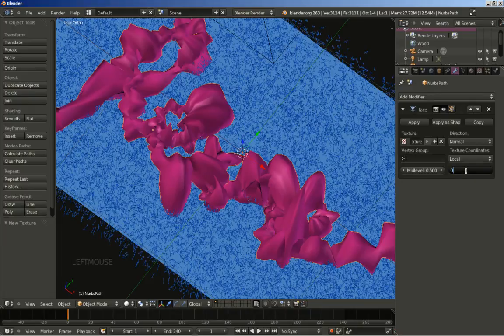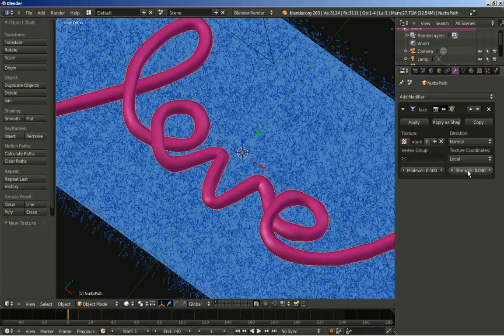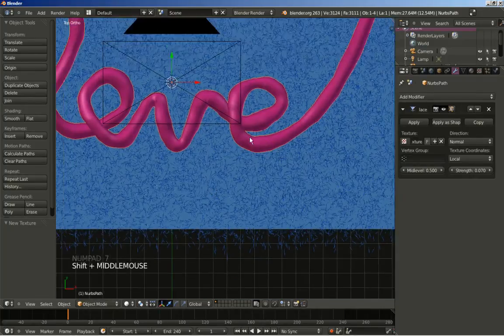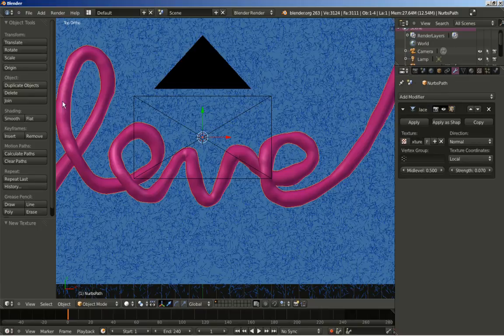I'll change it to 0.04 or maybe 0.07. And what I'm trying to do now is create, you know, these random changes of shape for the spline, for the text. I'll change the strength to 0.08,